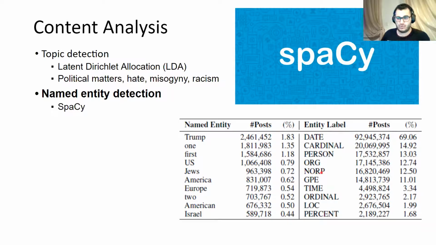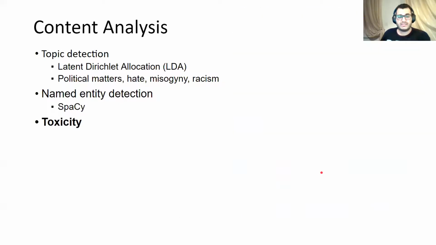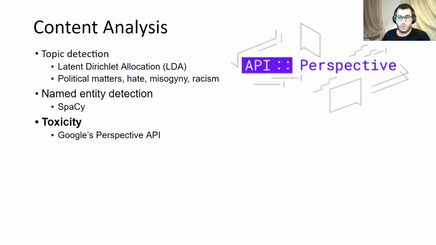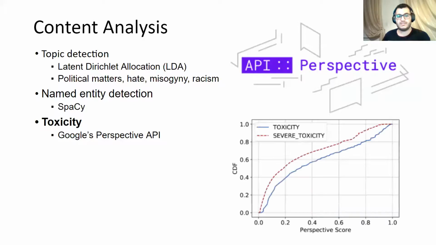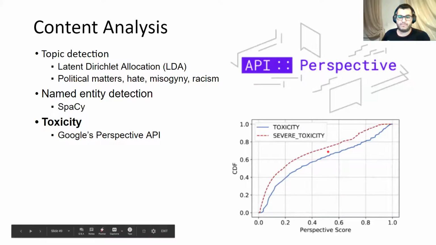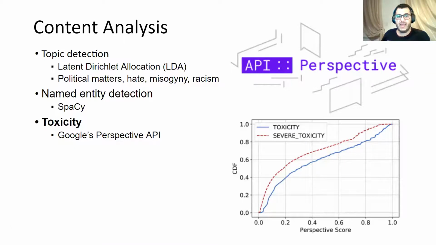Next, we score the content of the post according to how toxic, inflammatory, profane, insulting, and spammy the text is. For this, we use Google's Perspective API, and the results of this come with the dataset. Now, in this figure, we plot the CDF of the toxicity and severe toxicity models of Google's Perspective API, and we observe